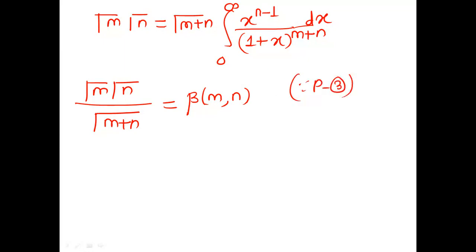In this way, the relationship between the beta and gamma function is obtained. This is a very, very important result. In order to simplify the value of an integral, if we obtain it in terms of beta function, then converting it into a gamma function will make it simpler. I hope property 4 of the beta function, as well as this relation between beta and gamma function, is clear to you all.